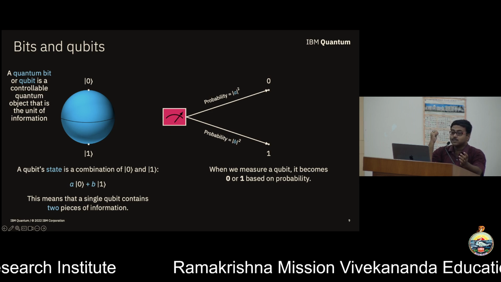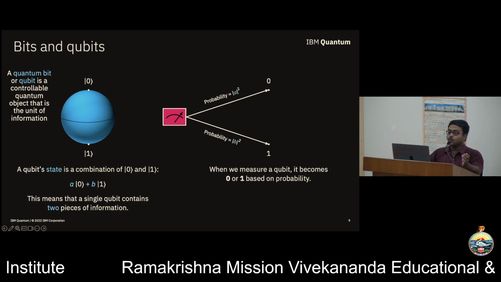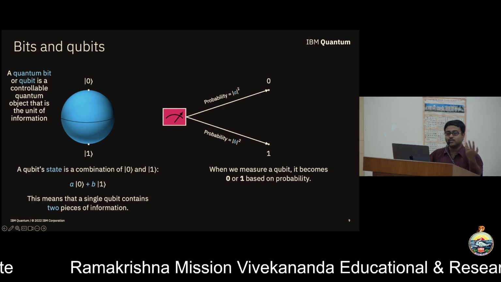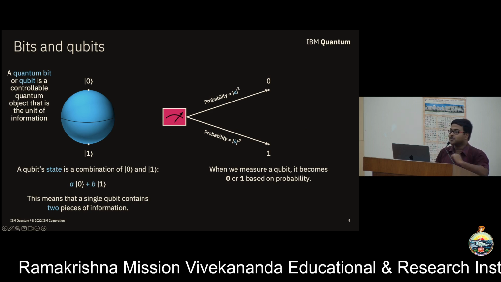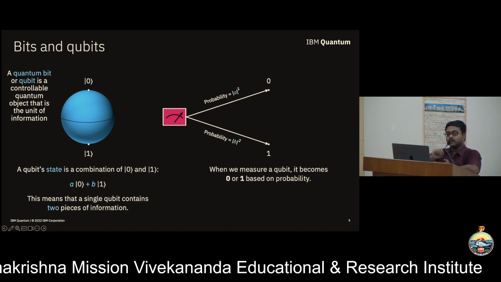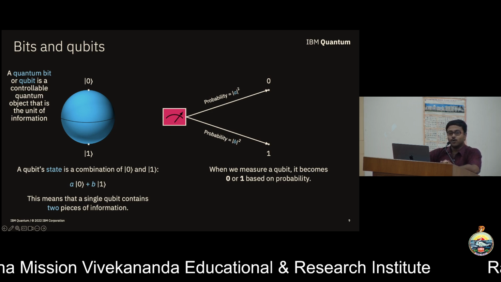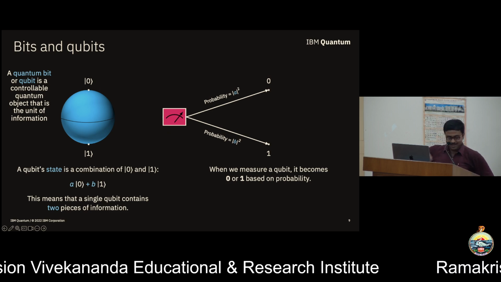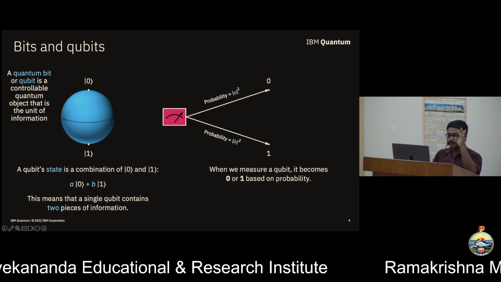I actually came up with this example when I was in the US, and there were too many people around who were studying law, and they used to come and tell me, okay, we study law, we don't understand what you do. Tell us in some simple language. So I came up with this example, and they were lawyers. So they came back with the answer and said that you are saying that if you put it on the edge, it is both head and tail at the same time. I need to do both the work. I can argue and say it is neither head nor tail, and I am not going to do any of the work. But yeah, I am not a lawyer. I never thought of it from that angle. But think of it in that way.